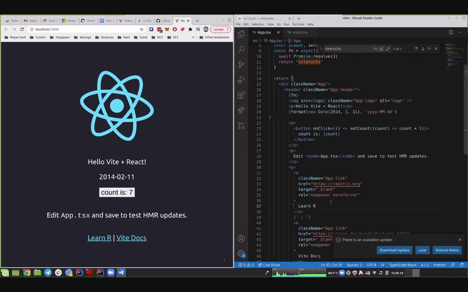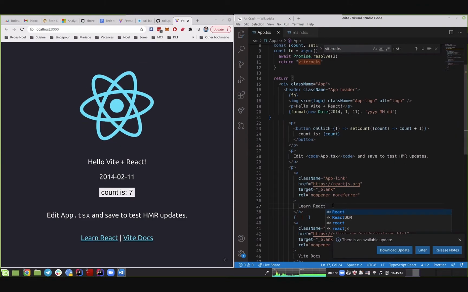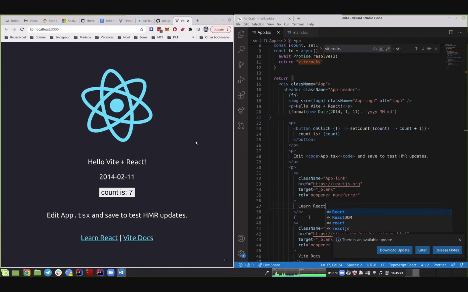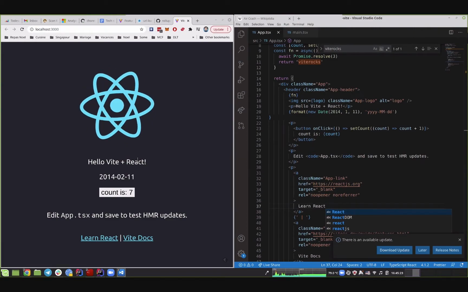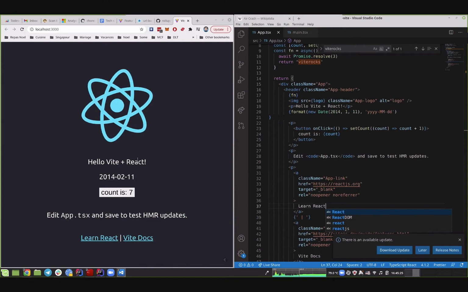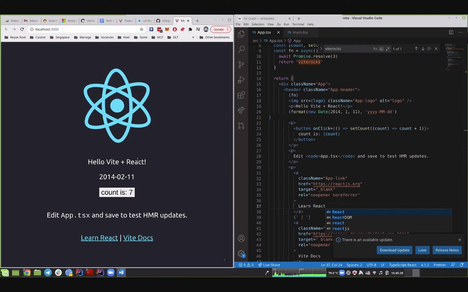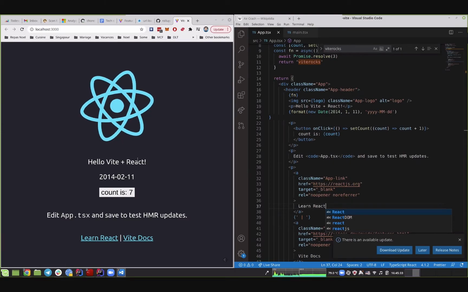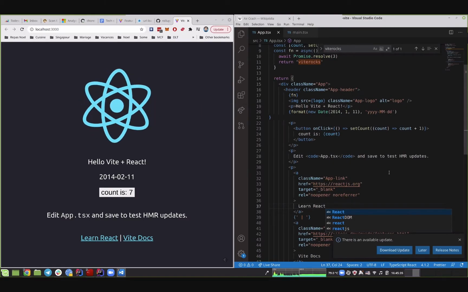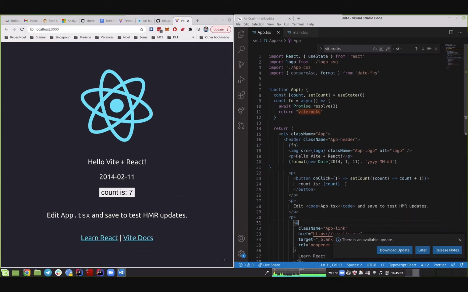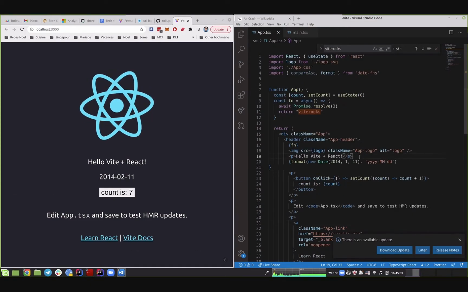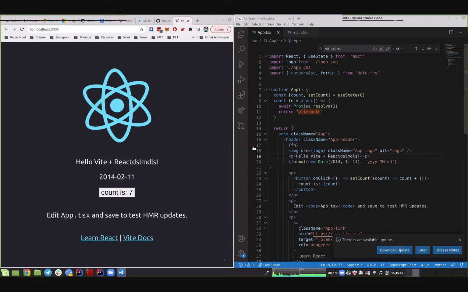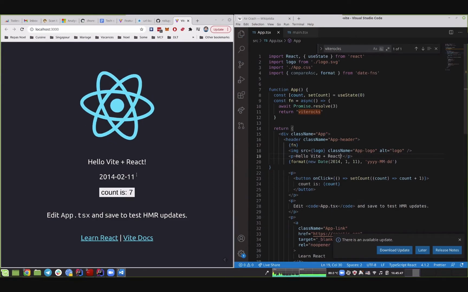This is very cool because sometimes when you change a component, it will refresh the state, or even reload the page depending on what you changed. And then you will lose the state. Sometimes when you have a complex workflow where you need to input many things into forms and then dig into some app state, it can be long to debug. So this is very cool. Also, as you may have noticed, it's very, very fast. It's very instant. As soon as I save the file, the changes appear here.